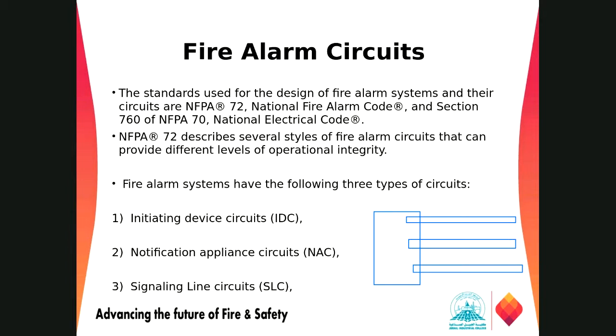So in this case, if there is a fire anywhere, at the panel we will only get which floor has the fire. Suppose there is a big floor with maybe 20 or 30 rooms on it. We don't know exactly in which room there is a fire, so it will not give us the exact location. The person has to go to that zone, like if zone 5 is for the fifth floor, he will go there and look in all the rooms to find where exactly the fire is. So this is the old, most conventional one.